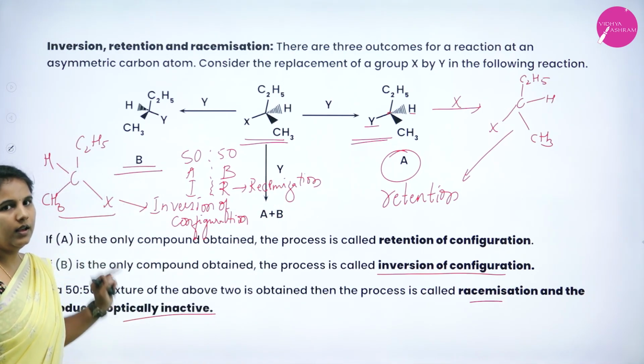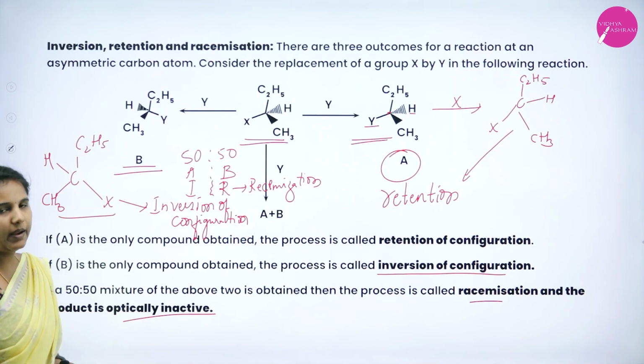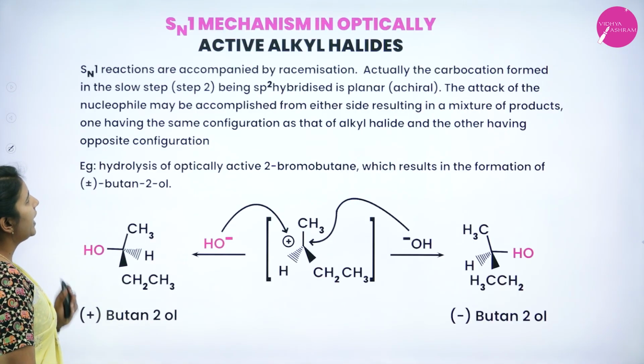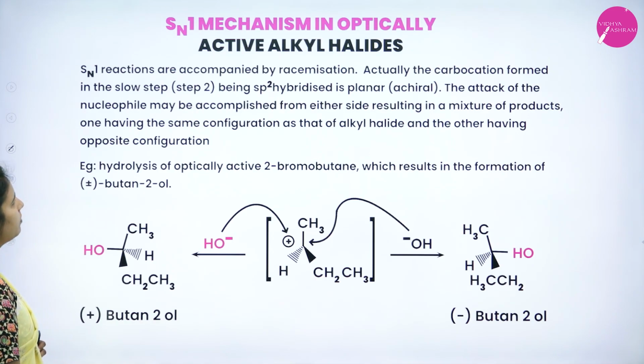Racemization, okay. This is how we can understand this by looking at this example. Next we have the SN1 mechanism of optically active alkyl halide. Let's see the SN1 reaction mechanism, okay. So the SN1 reaction is accompanied by what? Racemization. Actually the carbocation which is formed in the slowest step, being sp2 hybridized, is